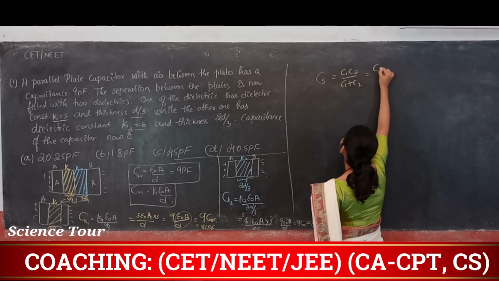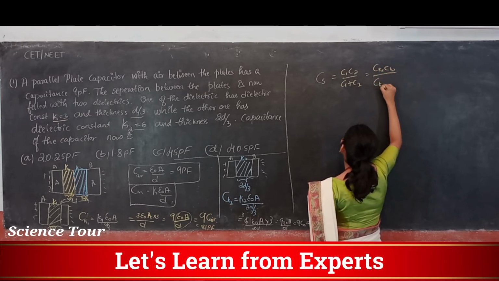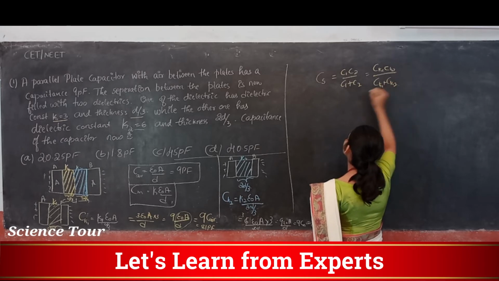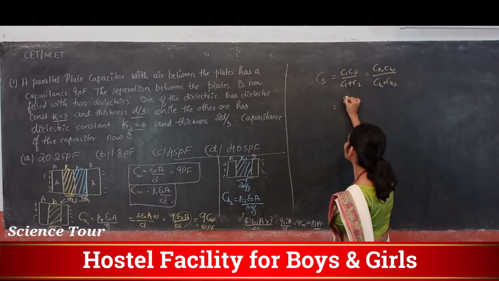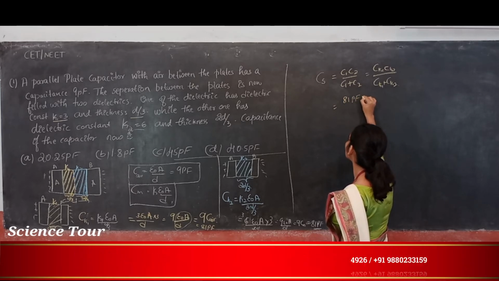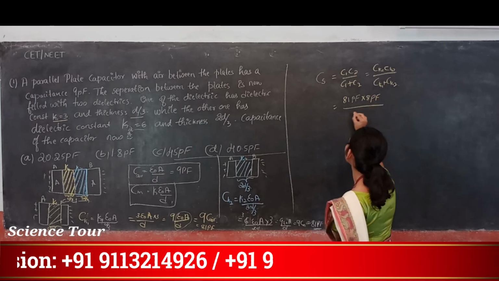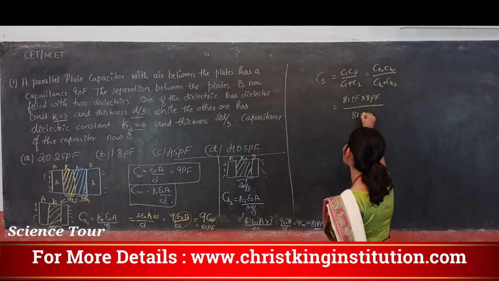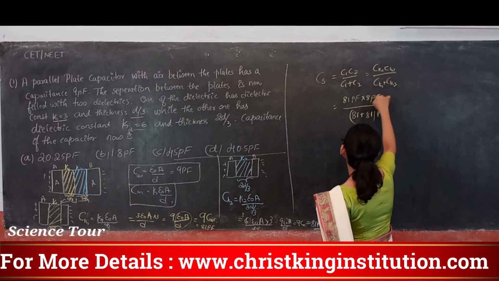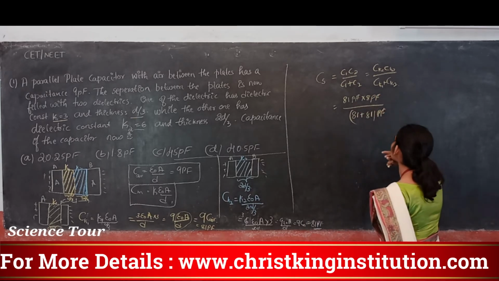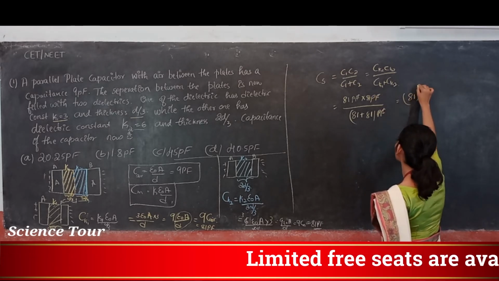Here that is CK1 into CK2 divided by CK1 plus CK2. So 81 picofarad into 81 picofarad divided by 81 plus 81 picofarad. So this will be 81 square